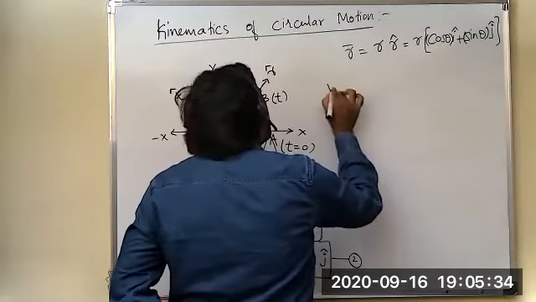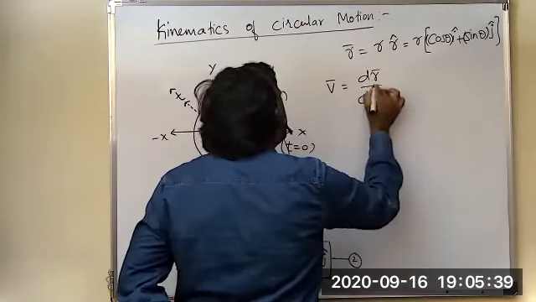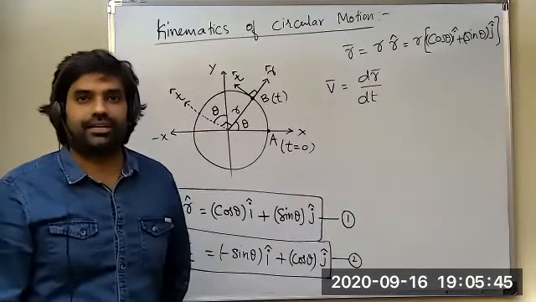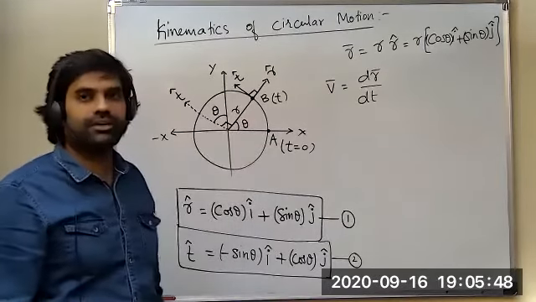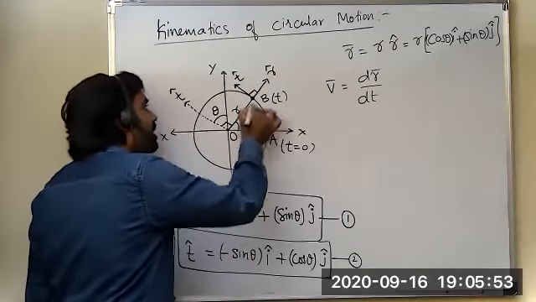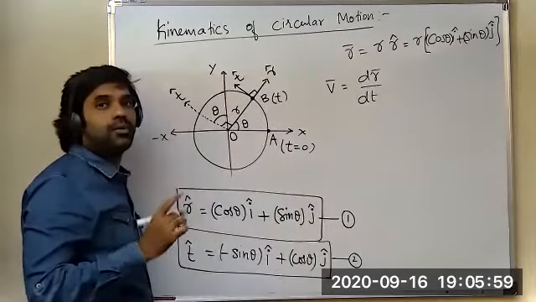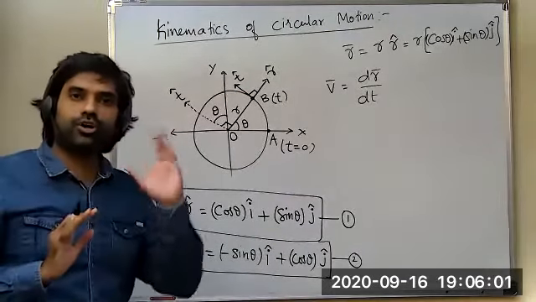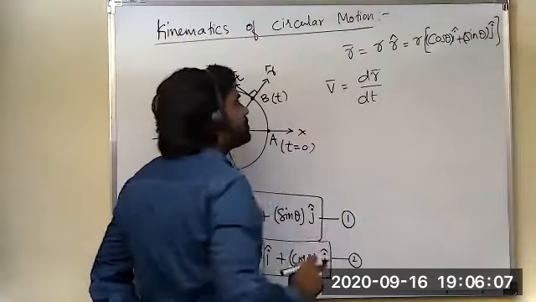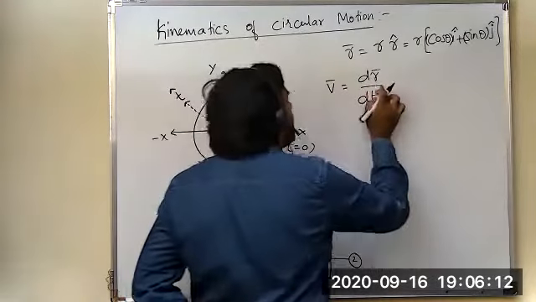Now, try to find out the velocity vector of this body, students. It is simply written as dr by dt. If you differentiate the radius vector, you will get the velocity vector, because here the radius vector is acting as a position vector for the body moving on the circle. Any vector joining the origin and the point that is moving in the coordinate plane will act as a displacement vector. Here, for the body moving on the circle, the radius vector is playing the role of displacement vector. Therefore, we get the corresponding velocity vector just by differentiating the radius vector. Then take down this, students, dr by dt.